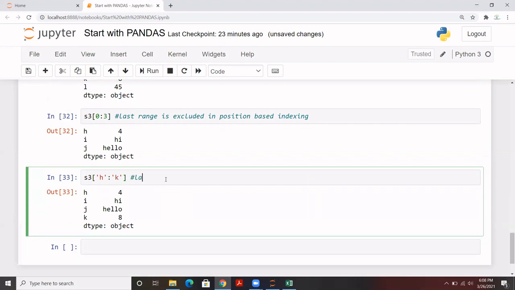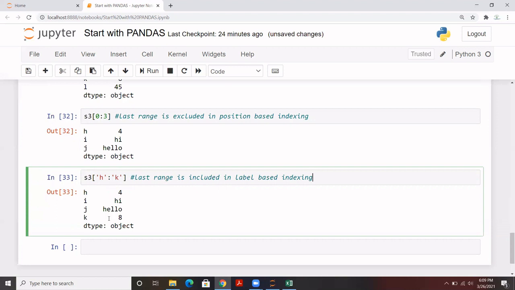In many interviews, people ask this kind of question. So the last range is included in label based indexing. I believe this is very clear to you. When we are extracting a range based on the position, the last range is excluded. But when we are extracting based on the label or their name, then the last range is included.